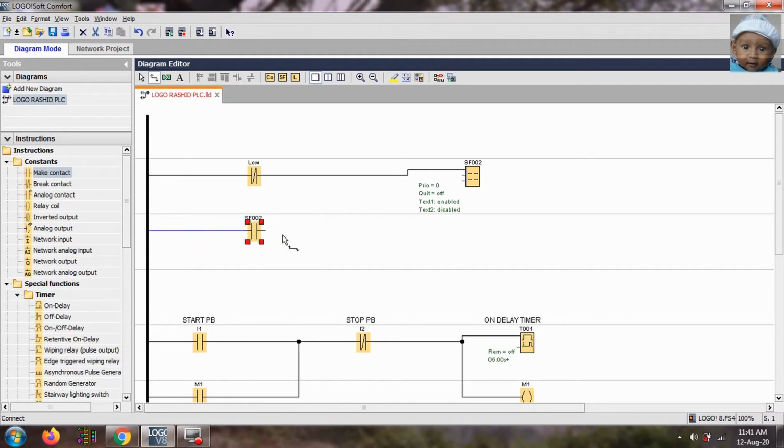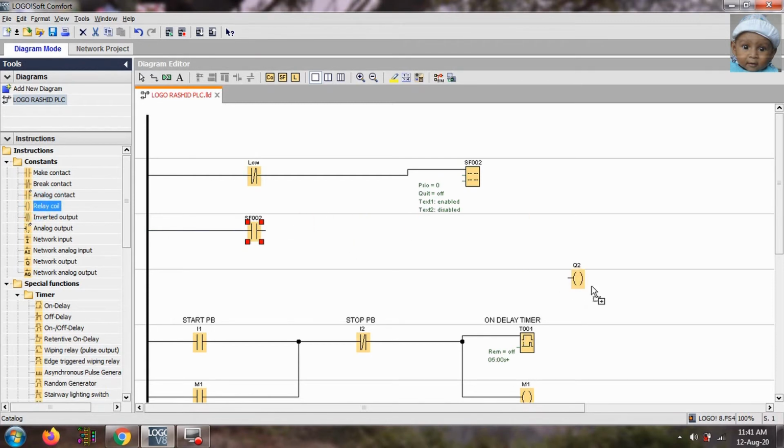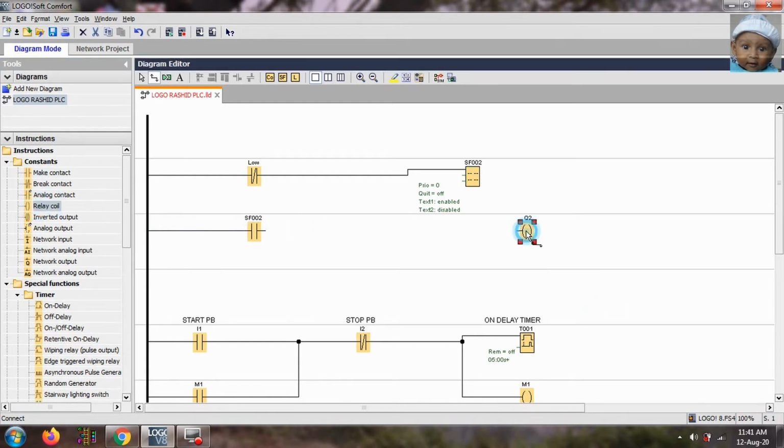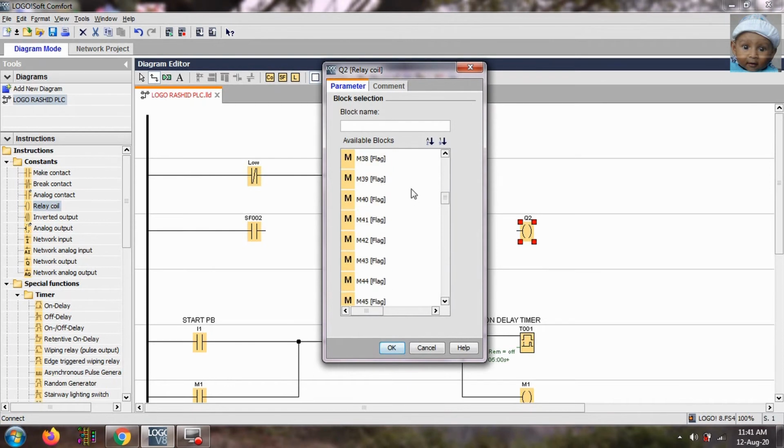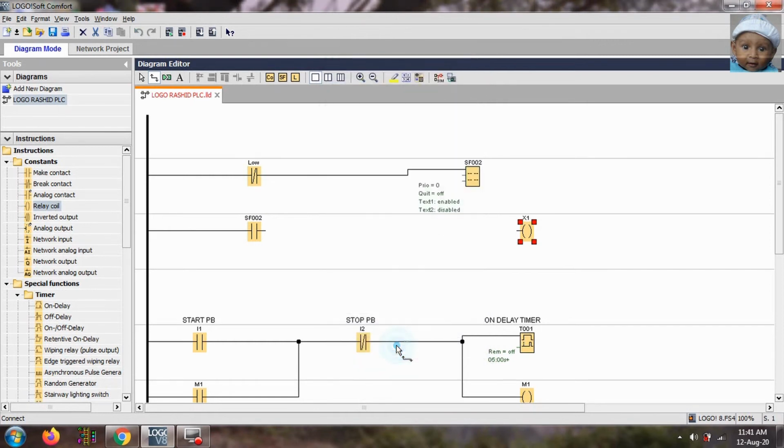Finally, we'll take a relay coil, and we will give the X1 open connector and join it with the SF002.